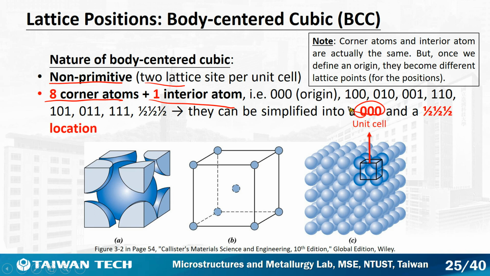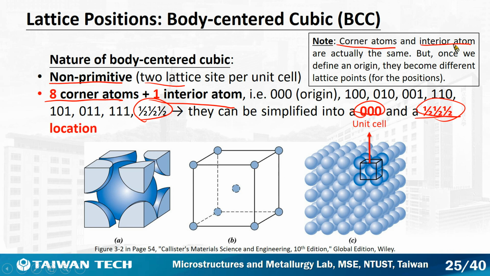But for its interior atom, it will be a half, half, half. It is worth mentioning that actually the 8 corner atoms and the interior atom are the same, but